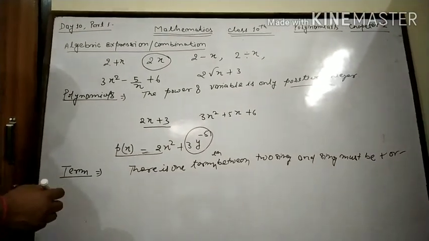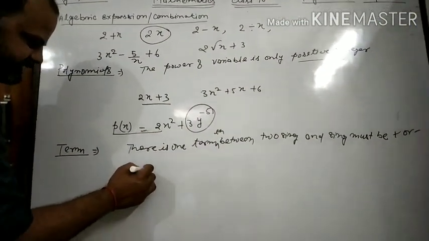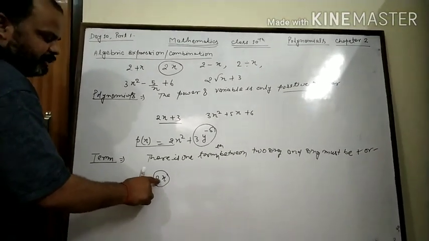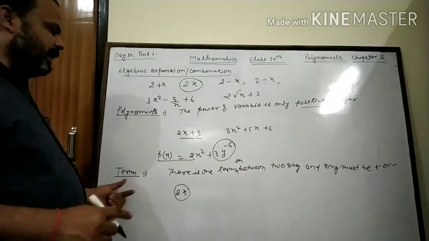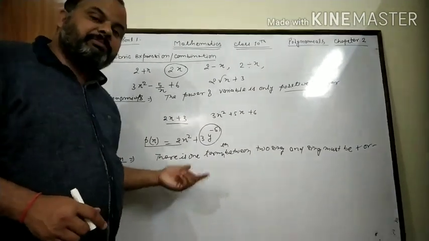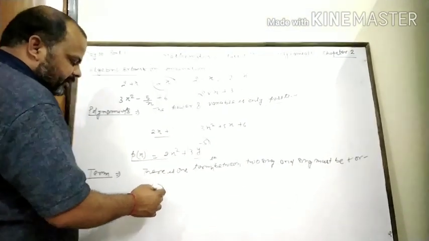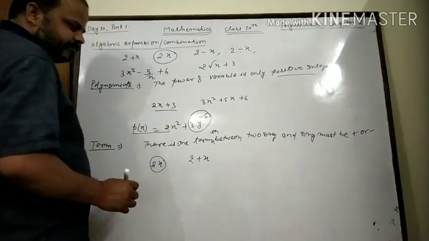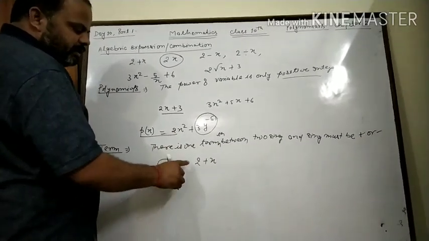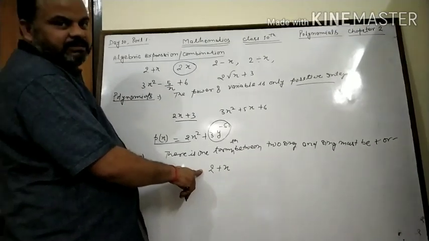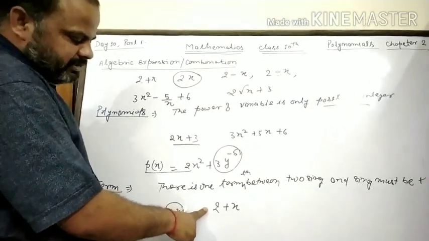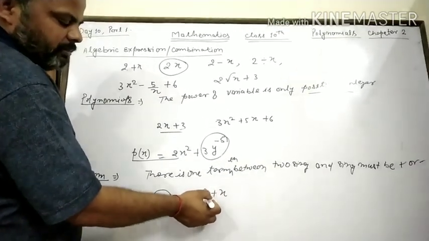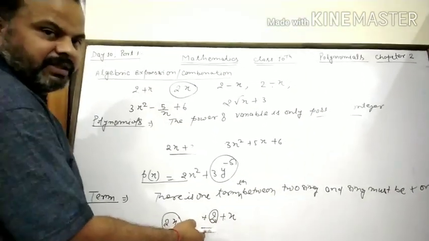It means here 2x, clear, it is one term because here 2 into x, and terms are not separated with the multiplication sign, clear. Then it is one term. Suppose 2 plus x, then in between two signs, you know that if no sign is seen before a number, then you consider it as a plus. Then here plus and plus, then in between two signs there is one term, and the sign must be plus or minus, then both are plus.